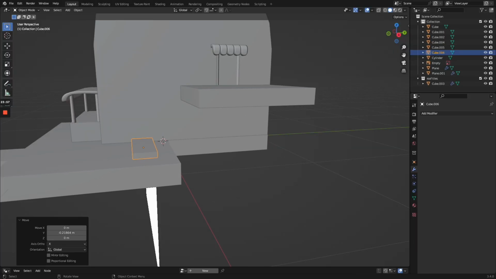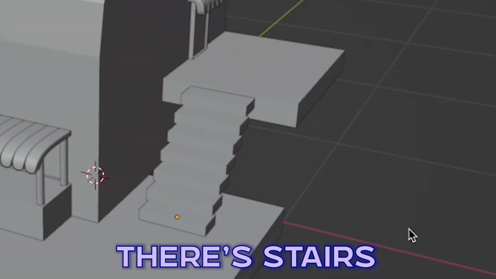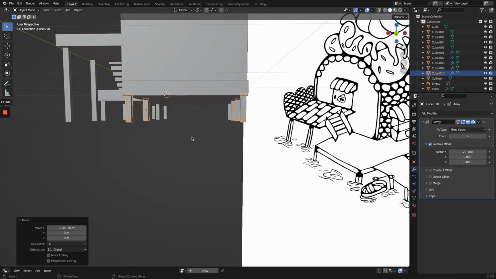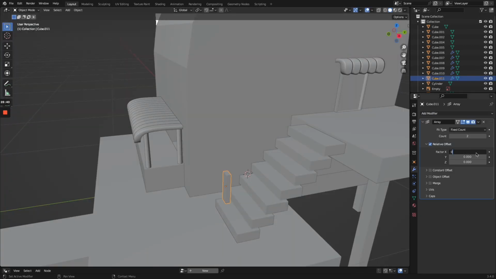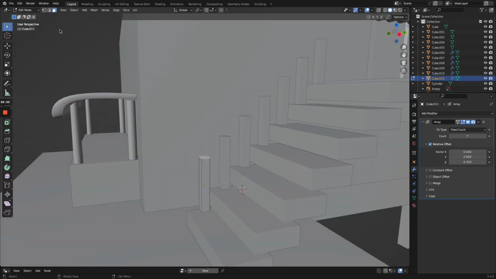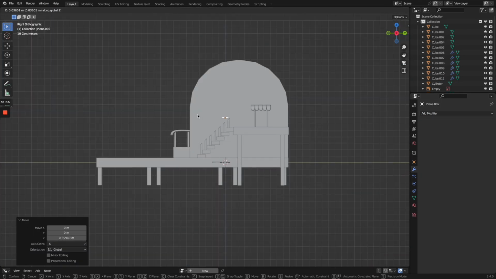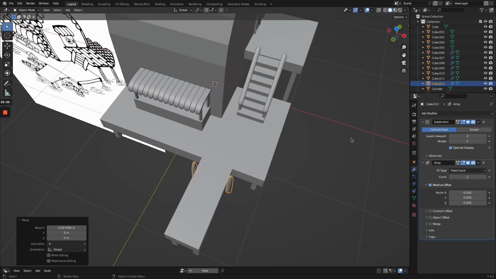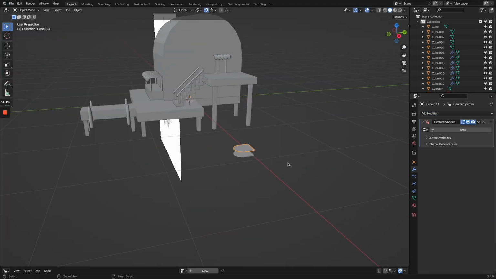Here I am going in to make stairs and boom, there's stairs. So quick, so easy, I love it. I'm also putting a bunch of supporting beams around so it has something to sit on, it's not just floating. Also doing railing for the staircase so that my characters don't accidentally fall off the stairs and hurt themselves. And here I am just doing the little boat ramp, so just doing the little bits that the